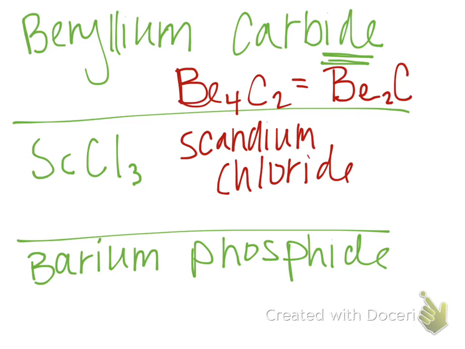Good. Last one, Alex, I'm sorry. Andrew, what did you have? Alex, you could answer it too, but Andrew, what did you have? Ba3P. Is that what everyone else had? I think we're missing one part of it. What did you have? That is Ba3P2. P2, good, because barium is a +2 charge. So we crisscross those down. Do we need help looking at that one? Or does everyone feel okay about that? Okay, so